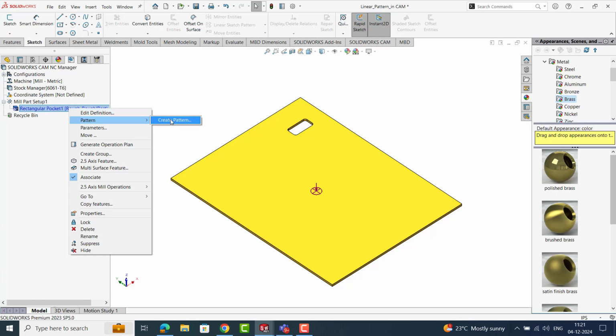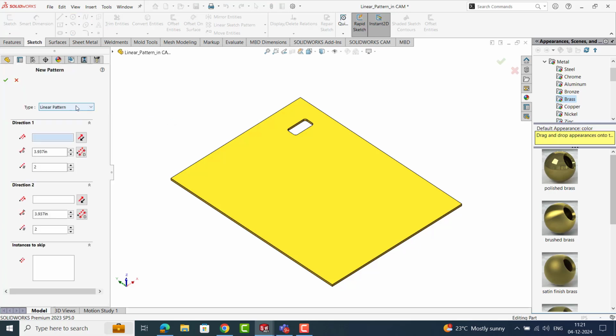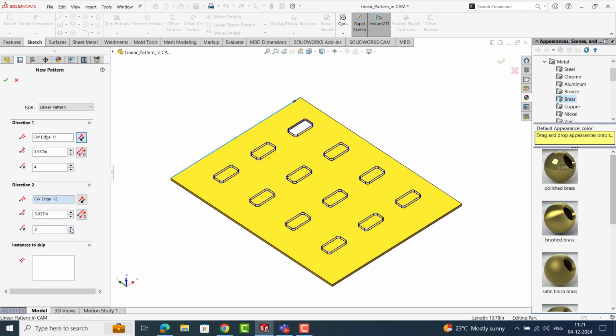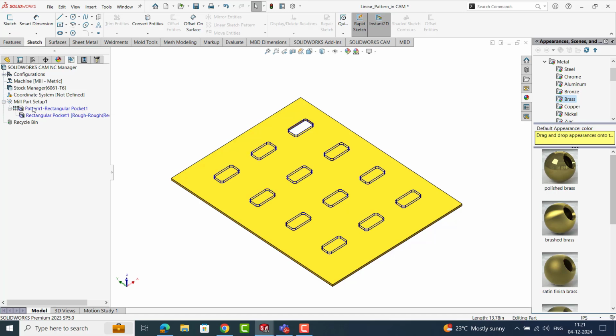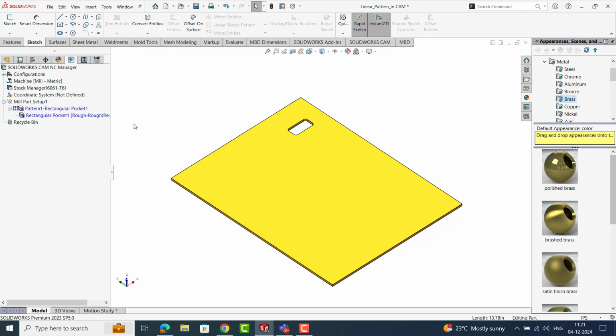So click on pattern, create pattern, then I am going to select the linear pattern and set the direction 1 by selecting the edge, and then reverse the direction and increase the number of instances to 4. Then in the direction 2 select this perpendicular edge and set the number of columns to 3. So you can see the preview of the features which have been patterned. You can say OK, and now you can see the pattern of rectangular pockets feature is now visible in this